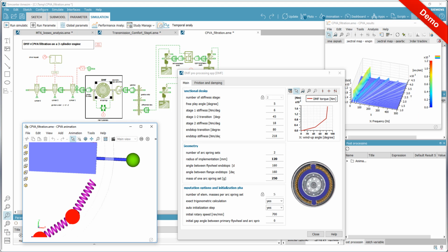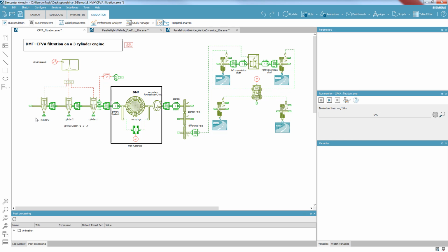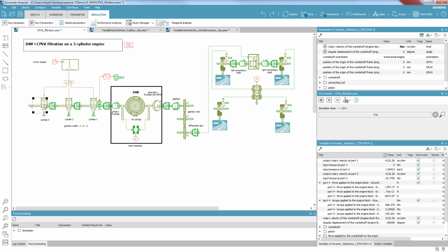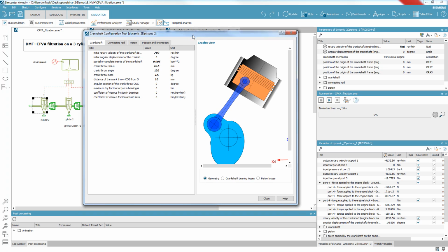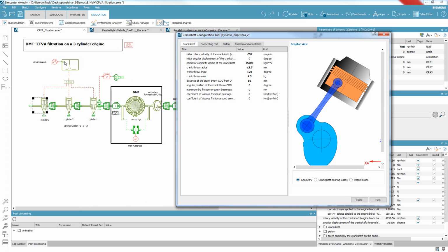Let's have a look at an AMESim demo where we will consider the complete driveline of a vehicle, starting from a 3-cylinder engine to the wheels. So at the left side of the sketch, we have models used to predict the torque oscillation generated by the combustion engine. The torque oscillation will be mainly generated by the pressure, the peak of pressure in the piston,